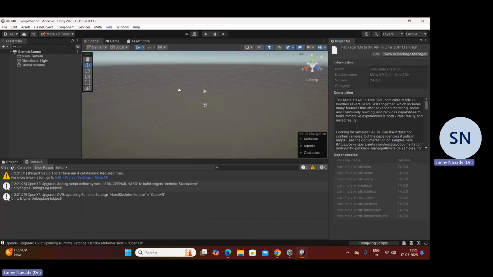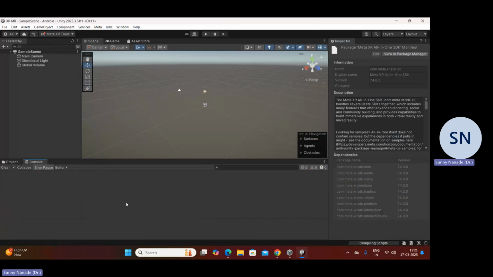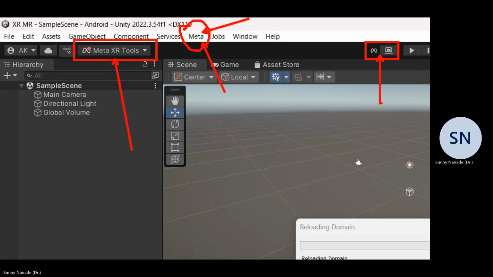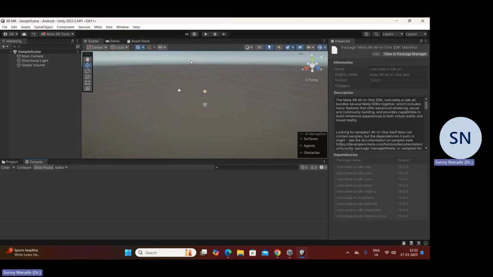Okay, now visually, please try to see the areas. Very first, do you see meta menu now? The Meta menu has come, special. Can you see Meta? It is written in English. Can you see? Yes. Now, do you see Meta XR tools? Yes. Do you see again Meta option over here, next to Play? Yes. Okay. Now, once this is done, we are done with 50% part of creating a project which is XR or